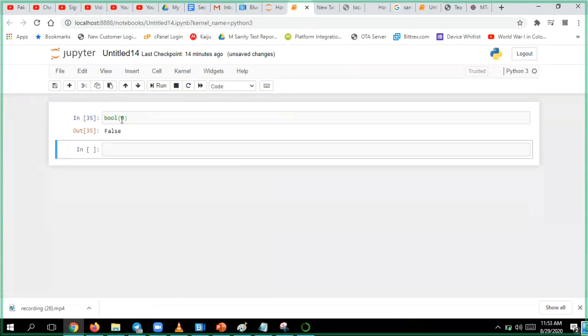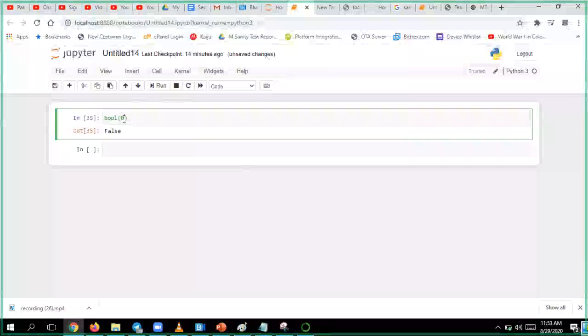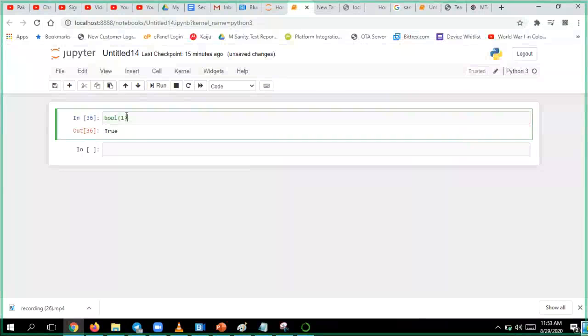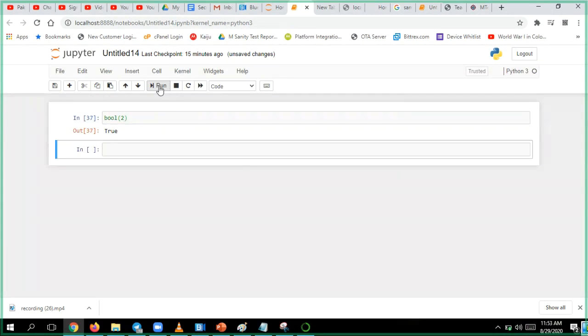It converted to false. I have 0 and I asked it to return me the boolean type. Then it told me, you provided 0 and I'm converting it into boolean, it is false. If I give 1, it is true. Boss, you're telling like that, right? I will give 2. Now let me know what is happening over here. See, it will return true for you. What is the condition over here?